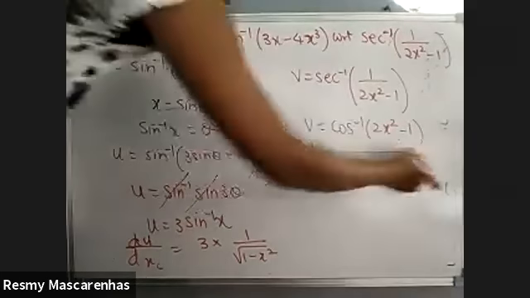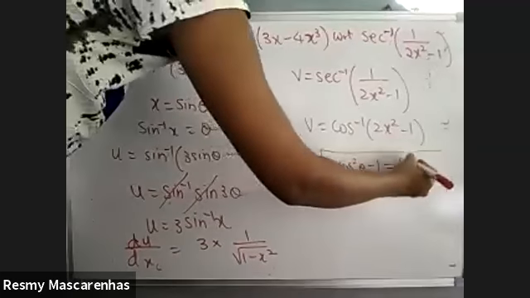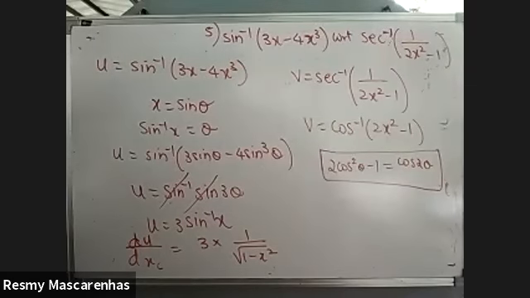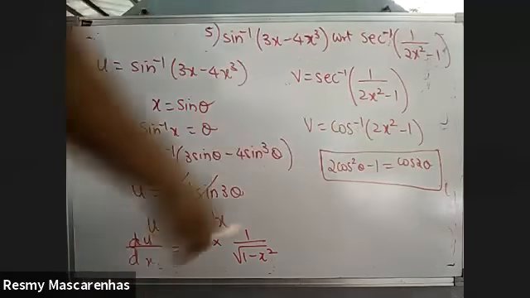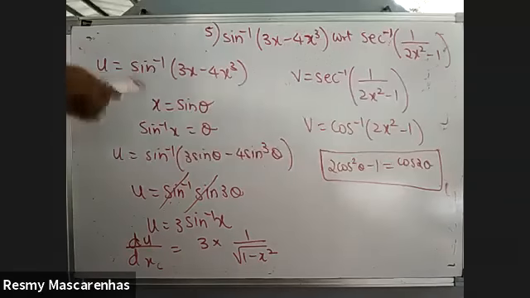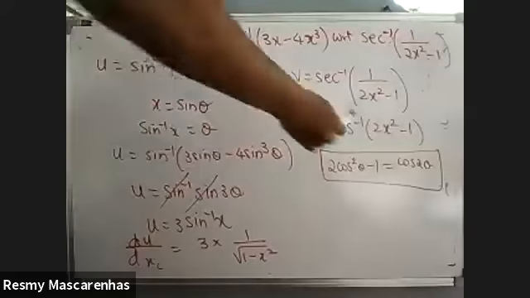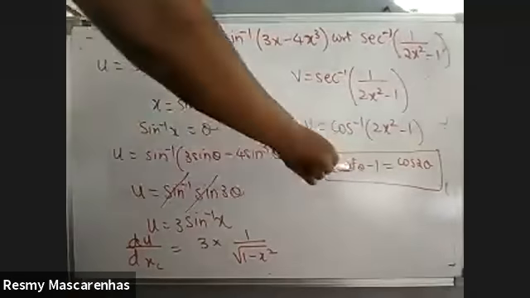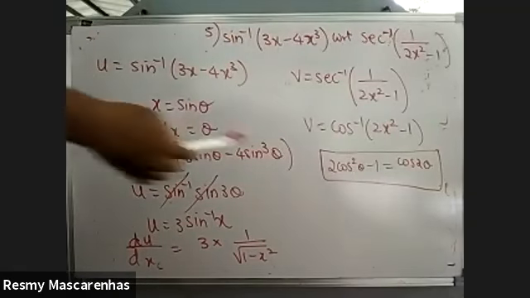So there is a formula: 2 cos square theta minus 1 is what? Cos 2 theta. What will give you the hint? Outside is cos inverse, so you have to think of a formula only in terms of cos. If there was sine inverse, you would start thinking of the formula in terms of sine. So now somehow I want this to end up in terms of cos. So this is the formula. So what do you do? Put x is equal to cos theta, so that it becomes like this.